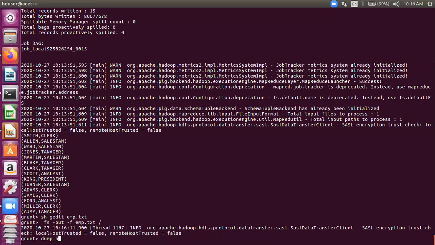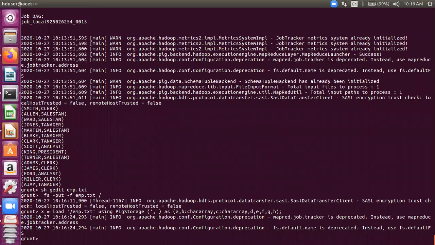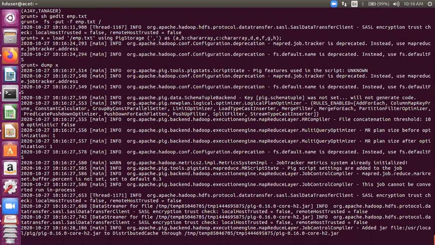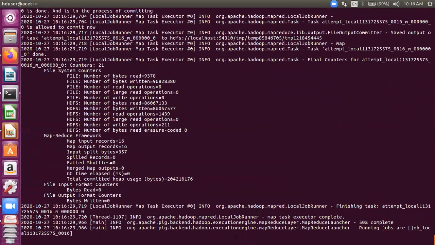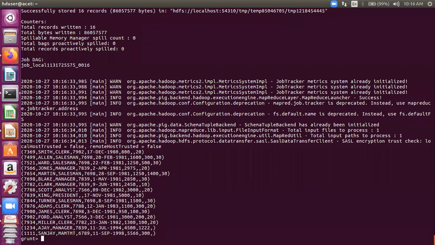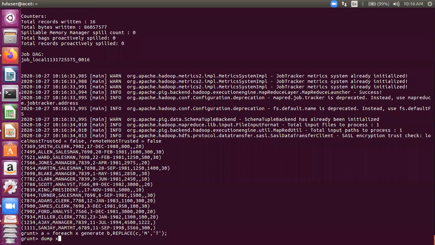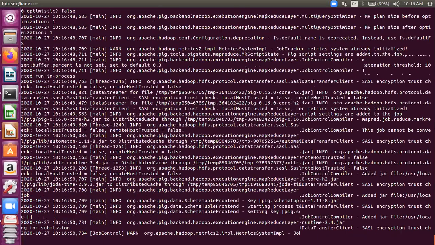We need to load it again. Where is our load statement? Yeah, here it is. Fine. So this is a load. Let's dump it to see whether we have done it properly. So you can see the last record now, and I'll again use the query to replace, right? So in the job, there are multiple M's in the job, right? So I'll replace it with this query now. I'm replacing M with a T. Okay. Let's see now. Oh, dump text.